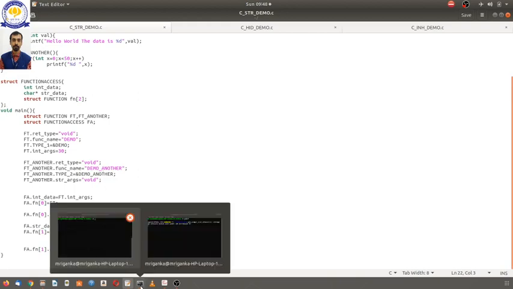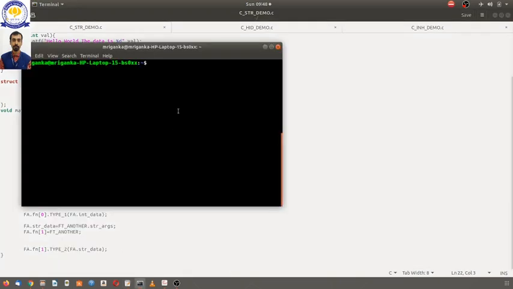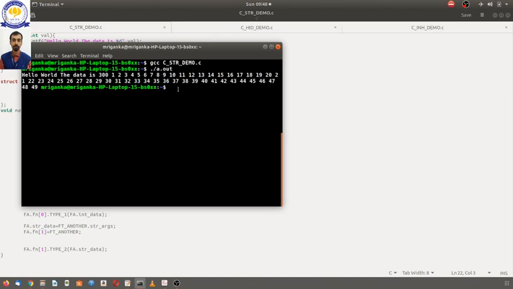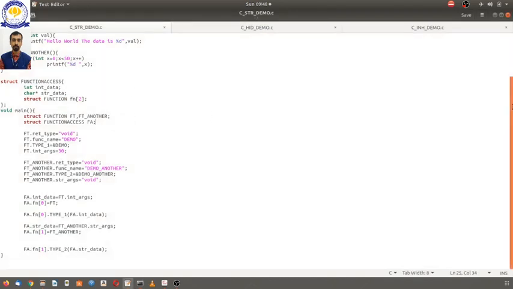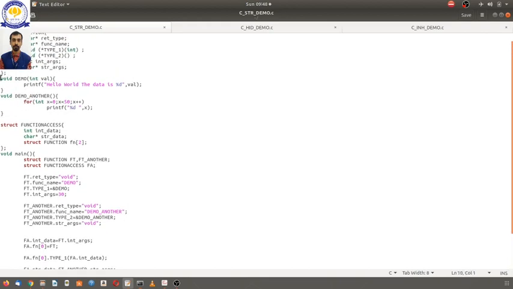Let us run this program, str demo. Here we are getting the result hello world. Data is 1 2 3 up to 49, that is 50. So this is the program, with two functions, demo and demo another.